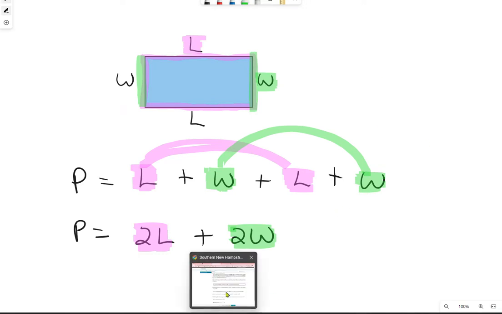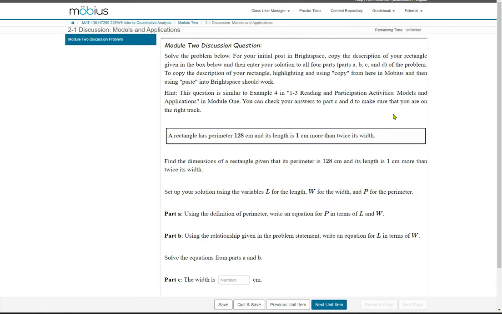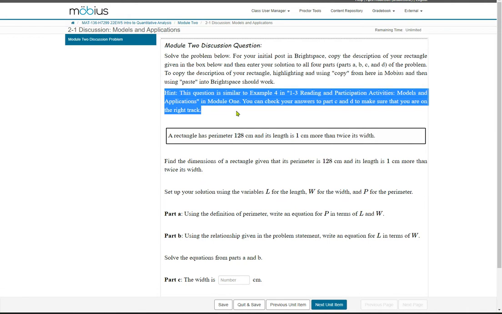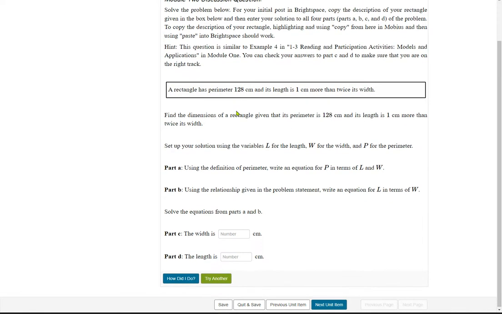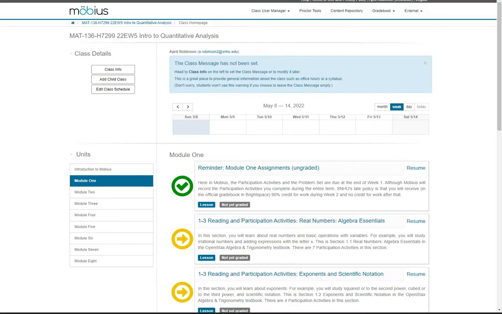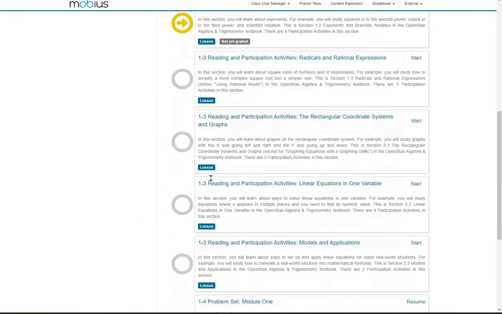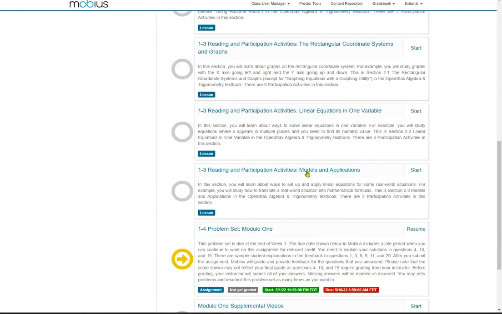Now, if you looked back in Mobius, above this, there's a hint right here. It says hint: this question is similar to example 4 in 1-3 reading and participation activities, models and applications in module 1. And you can check your answer to part C and D to make sure that you are on the right track. So if I jumped back to module 1 and the reading and participation activity right here, models and applications,